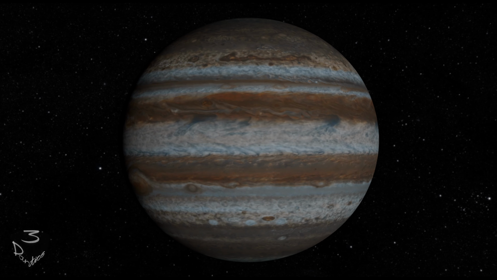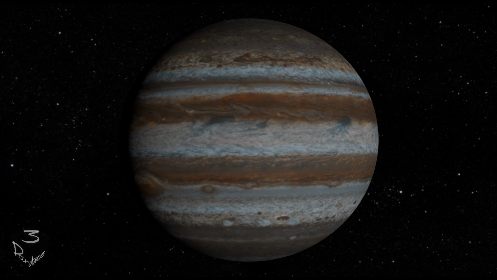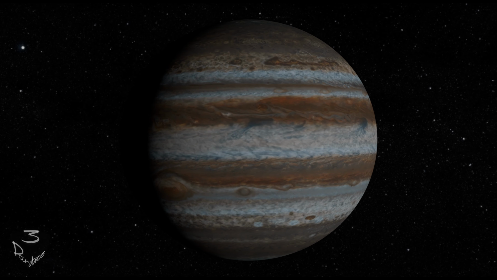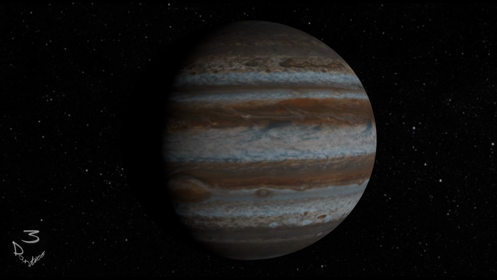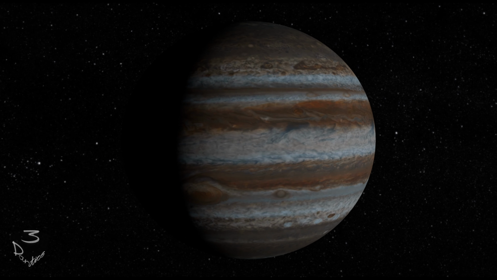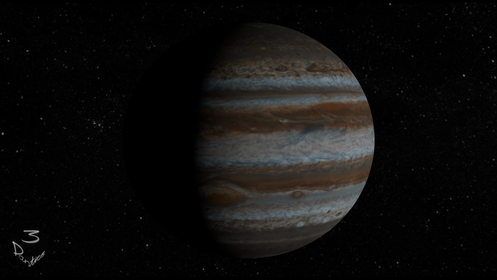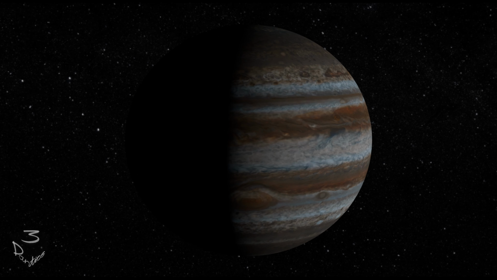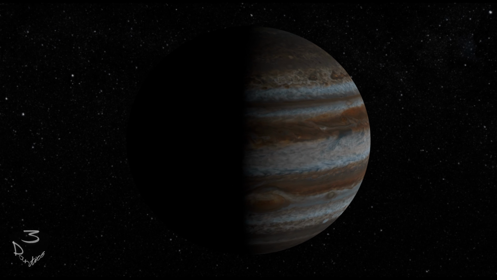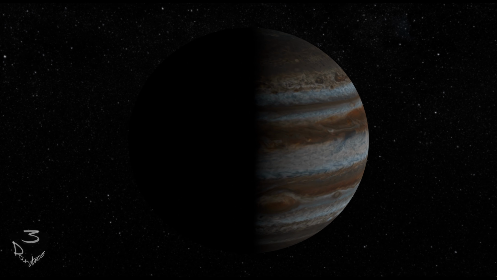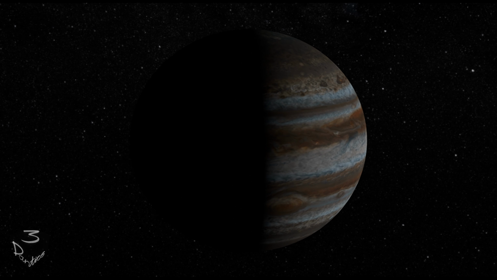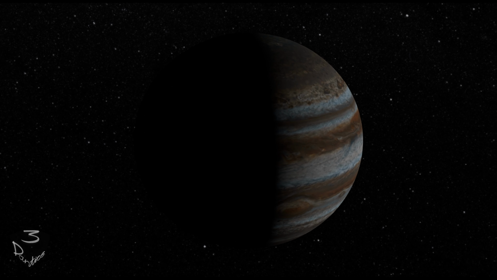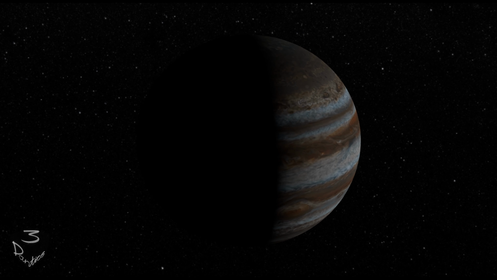As a gas giant, it's also known as a failed star. The Sun also contains mainly hydrogen, and if Jupiter was 75 times heavier, it could fuse hydrogen into helium and become a star in its own right. It is the biggest and 4th brightest object in our sky. It's the king of the planets, and the ancient Greeks named it after their king of the gods, Zeus. The Romans called it Jupiter after their equivalent.